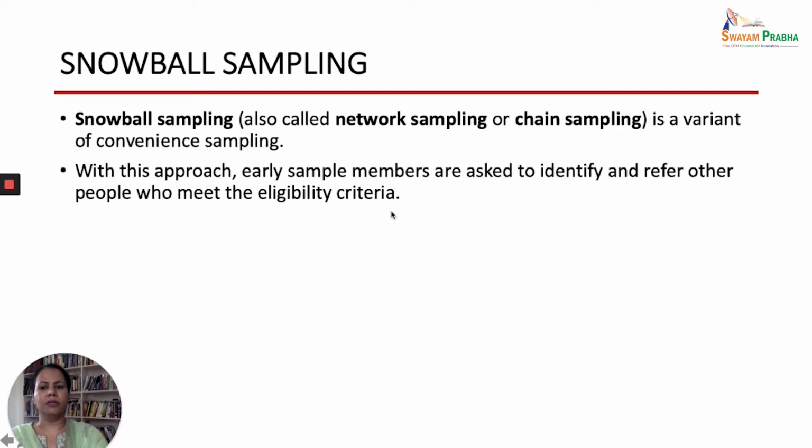This particular type of sampling design is used for subjects which are not easily available, which are difficult to get. For example, you may talk about patients with cystic fibrosis, or patients with aortic regurgitation, or any person who might be HIV positive. So you may get one person and then ask that person if he or she knows any other person who can be included in the research study and who meets the eligibility criteria. Then you go and get the data from that particular person.